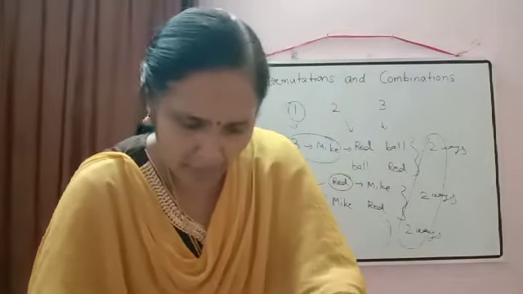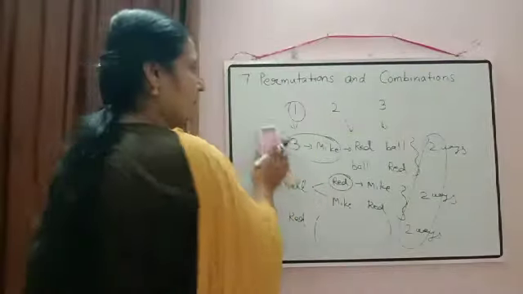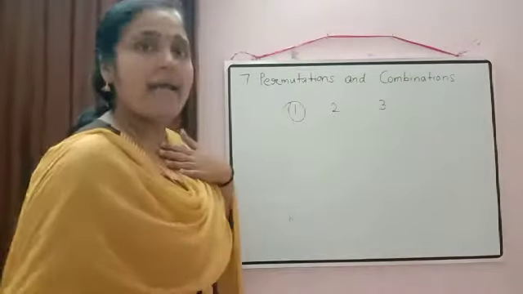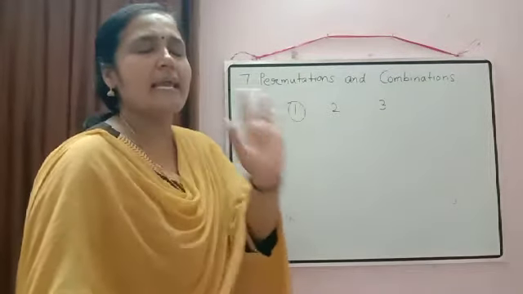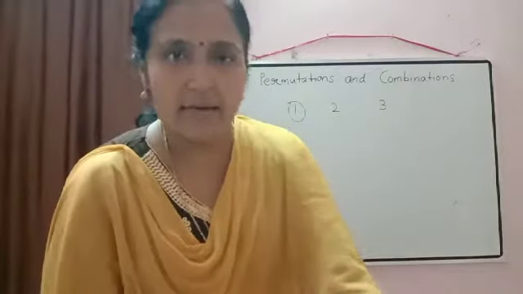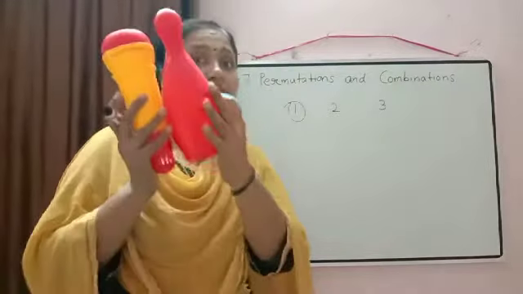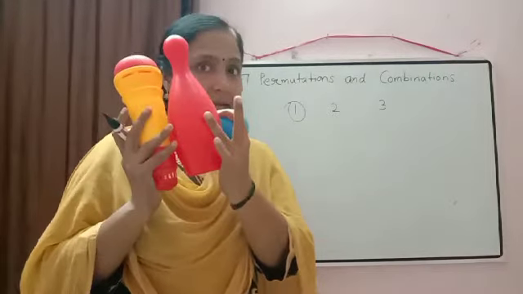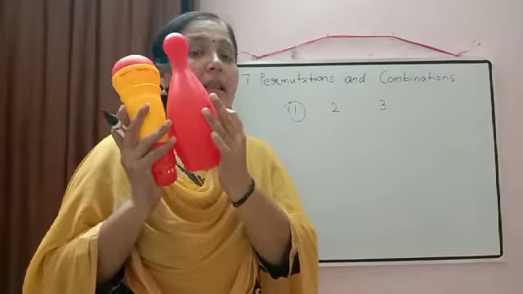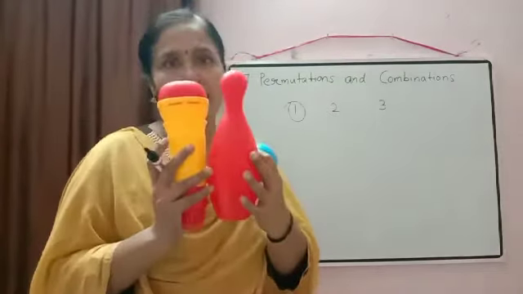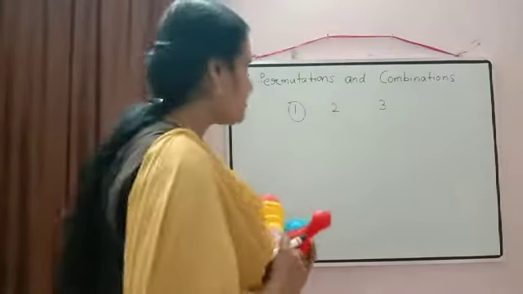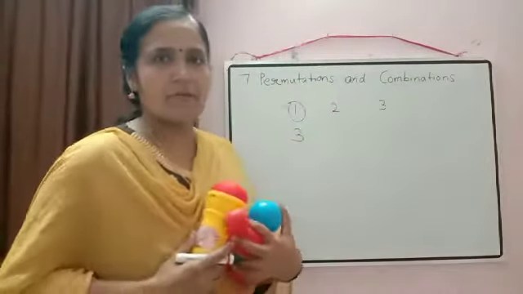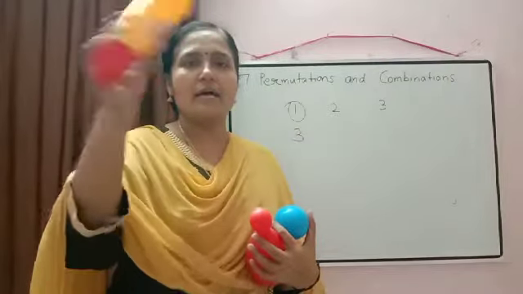As we said, we have three children here, 1, 2 and 3, and we have three objects also. I asked the first child to select any of the objects. How many options are available with the first child? Out of these three, he can select any one, correct? Yes, all three options are available for the child. So for the first child, three options are available. Suppose the first child selected the mic. So that is over now.